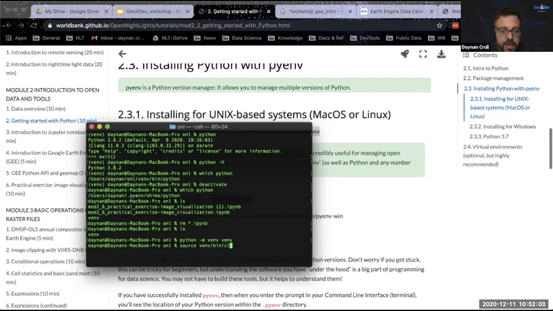There are a lot of different ways to set up virtual environments. This is just one. But now that I've done this, when I say which python, I see that, okay, the Python that it's listing is the one that's right in this package. I know this all probably sounds like gibberish to many of you. That's okay. The reason I did this is that now I can install different libraries.